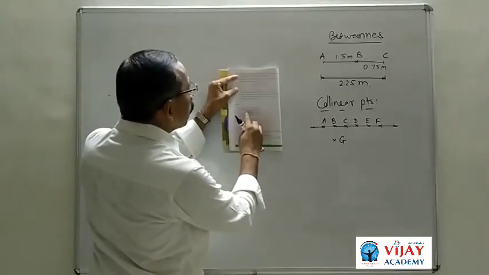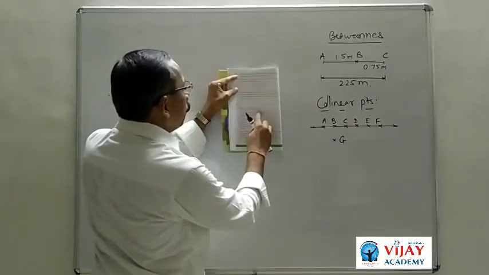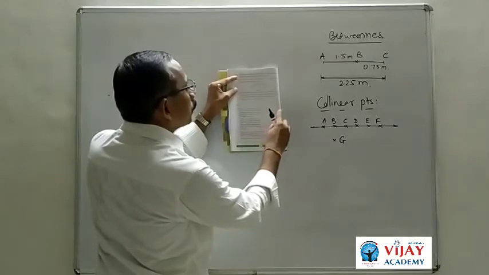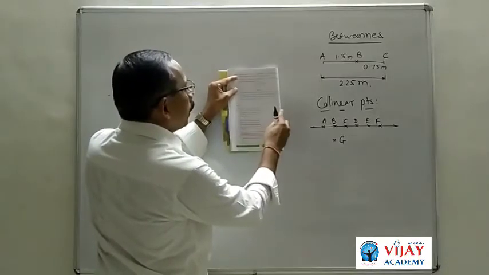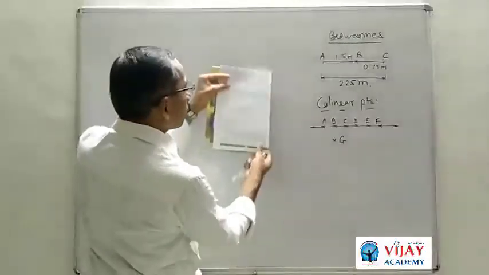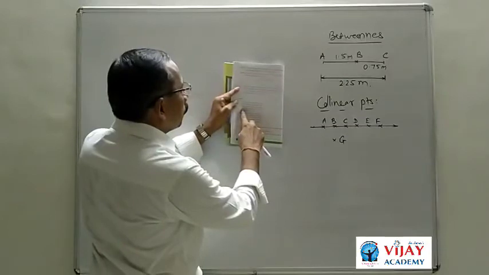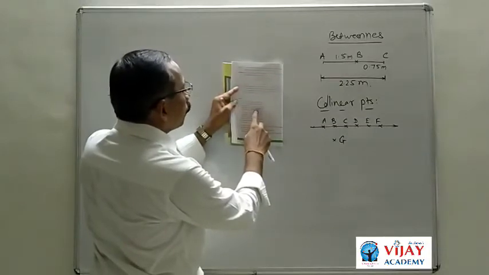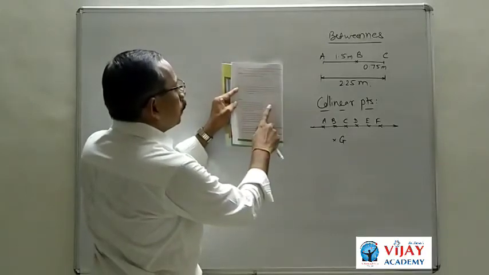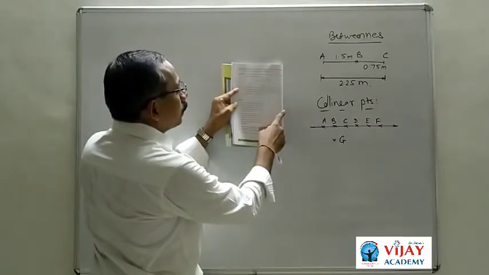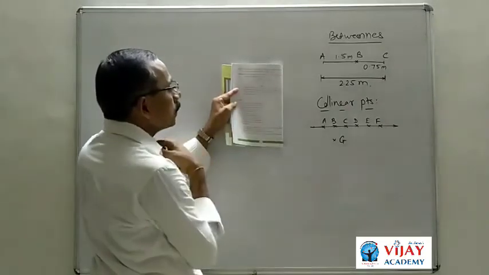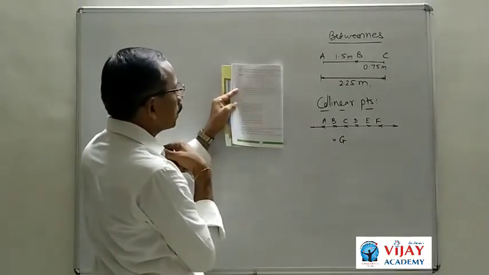Check with a straight thread whether 3 points are collinear or not. If you join these points and if you get the straight line, you can say that these 3 points are collinear. If they are collinear, write which one of them is between the other. This A, B, C are the 3 points. B lies between these 2 points A and C. So this is the first activity.